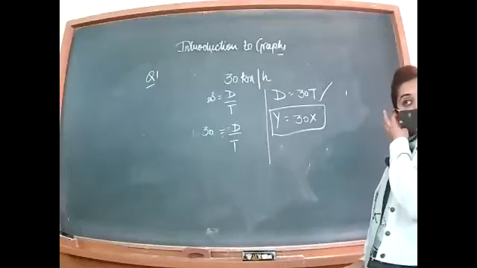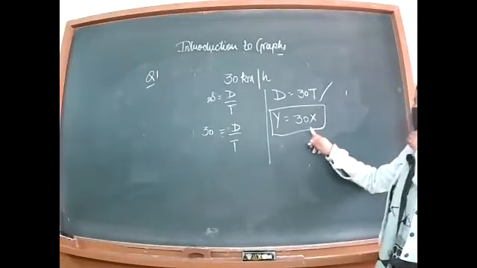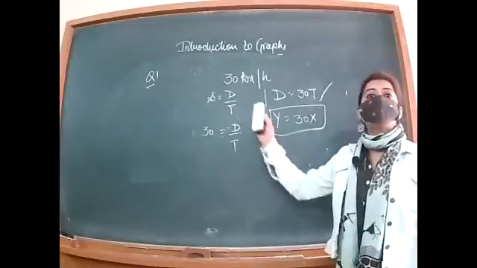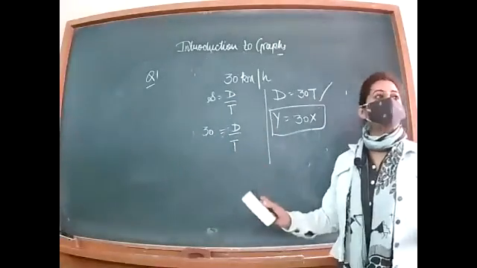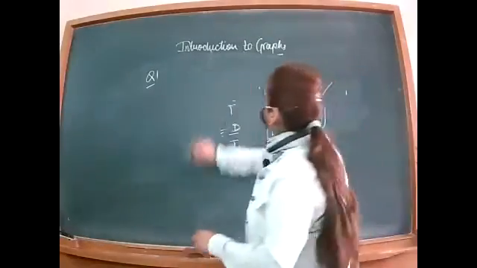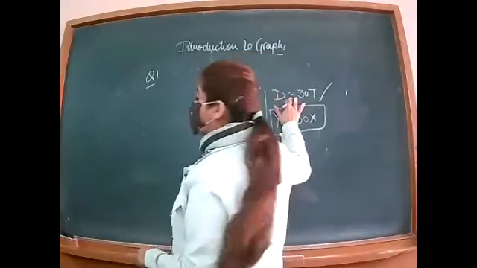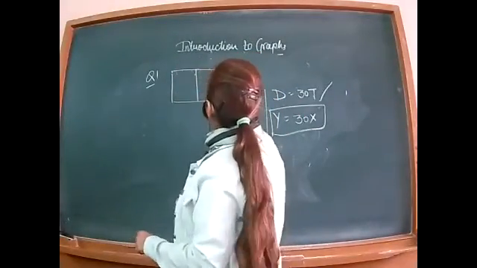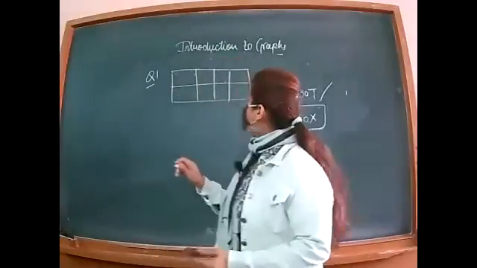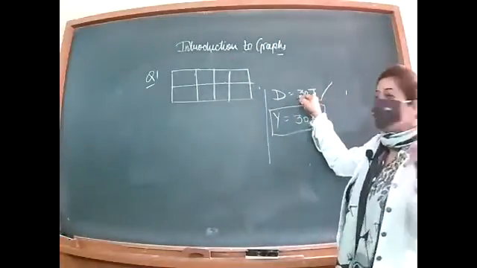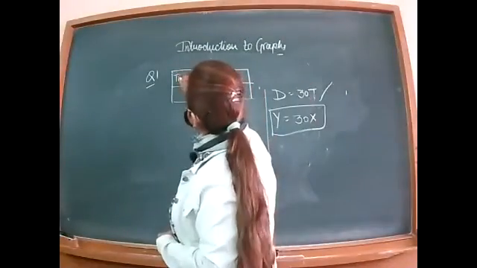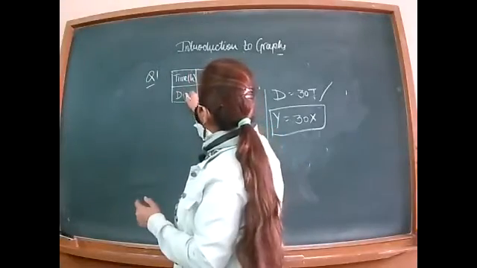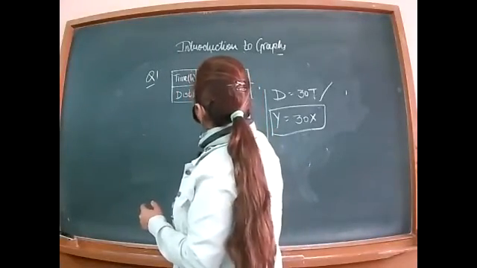Okay? Now you have to plot the graph of this. Actually, this part is not written in the book, but an addition to the question can be there in the exam. Now you have written this equation. You have to plot the graph. For the graph, you need three values. So draw the table first. Take time as 1. Time is in hours, that is 1 hour, and the distance will be in kilometers.